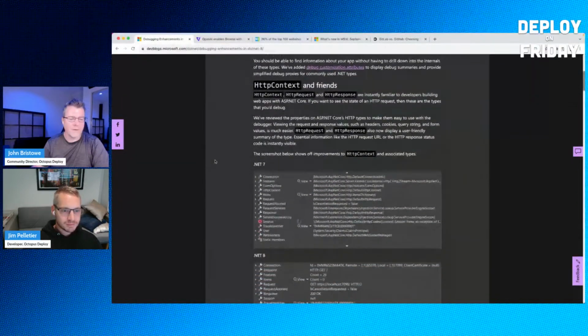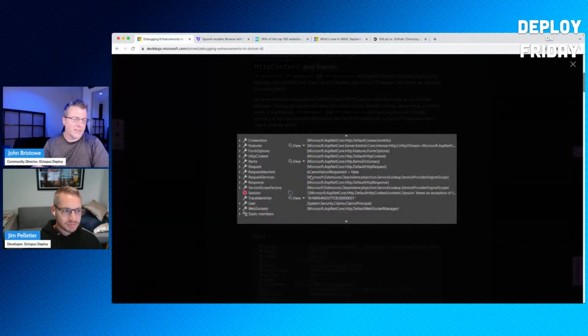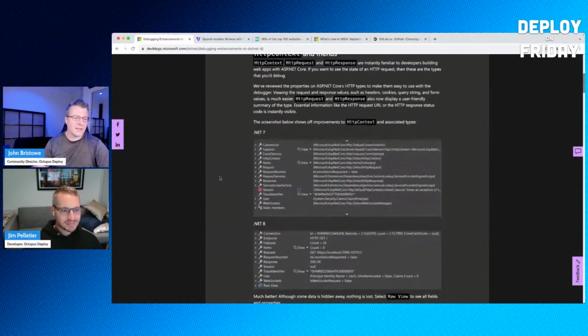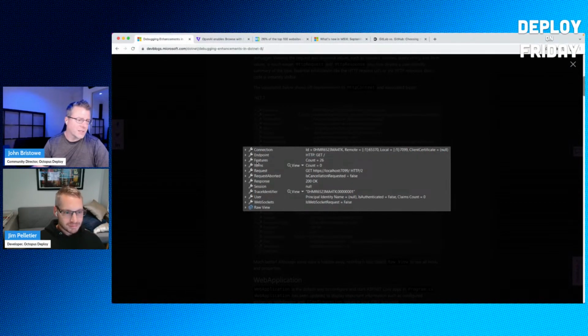So if you've ever hit this scenario where in .NET 7 or below, you've gone to inspect HTTP context, you get all these descriptions of objects, but you have to drill deeply into them to get a sense of what they're actually representing. And so in .NET 8, they're elevating the properties that matter most to the properties that you're inspecting.